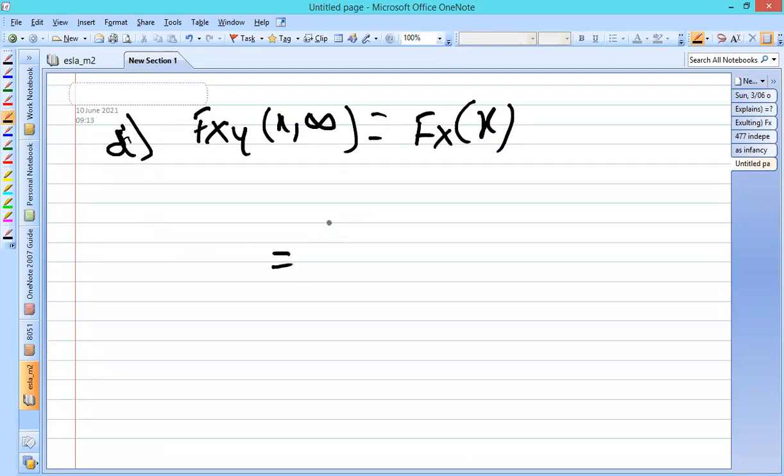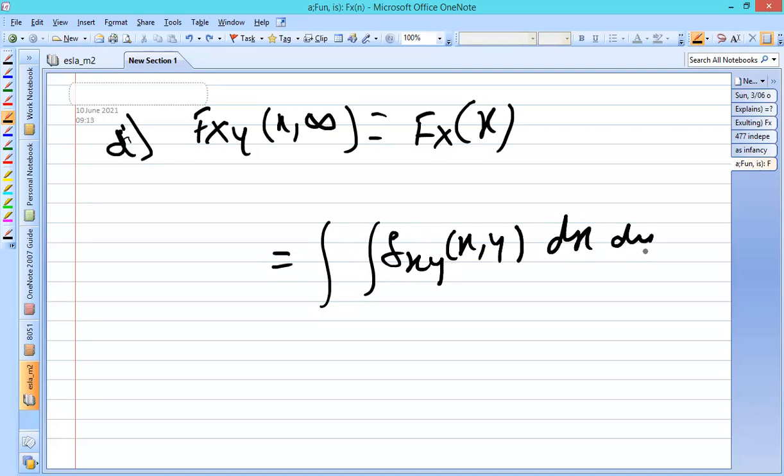So how are we going to make the calculation? f_XY(x, y), just write it again, f_XY(x, y), which has to be integrated with respect to x and y. So what is the value of x here? Go back to the previous problem and look at the substitution of the integral range. So what is the value of x and what is the value of y? You are going to substitute here.